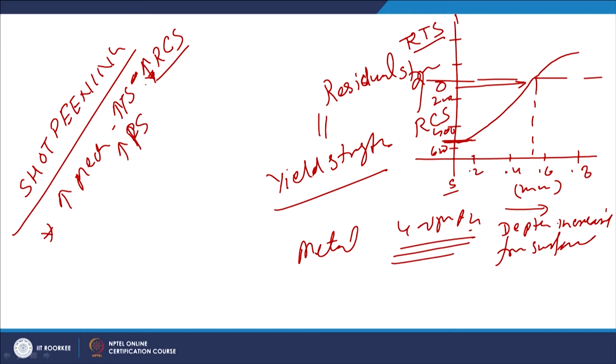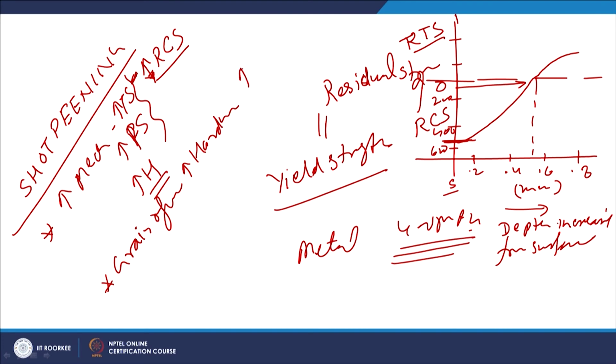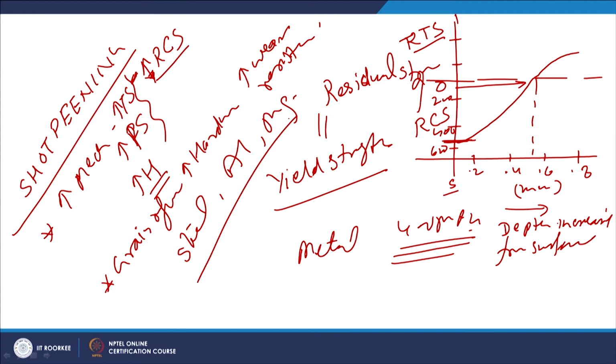This helps in improving the tensile strength as well as the fatigue strength. Surface layer deformation also increases the hardness of the material. On the other hand, the associated grain refinement and increase in hardness both help to increase the wear resistance of the material. So, whether the material is steel, aluminum, or magnesium, most of the components, when subjected to shot peening, will show improvement in mechanical properties and wear resistance.